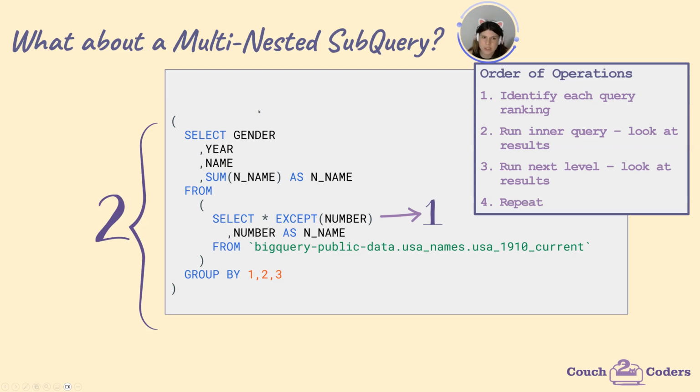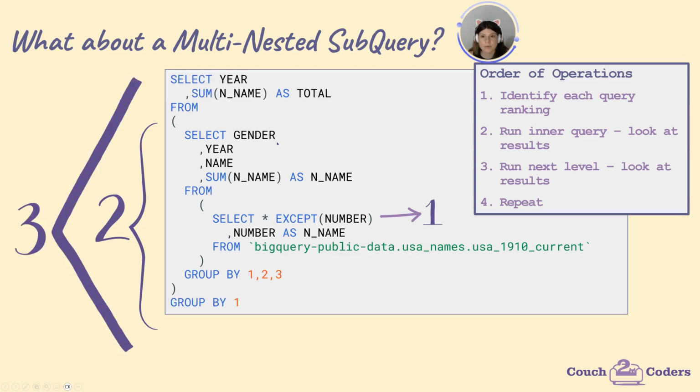If I was testing this, I would first run this query, check it, okay. Then I would run this query, check it, okay. Then we get to the big kahuna. This is the final query, and this starts with select year, sum n_name as total from where? From this query 2, level 2. What does query 2 get its data from? From level 1. That's why subqueries can become very complicated very quickly, because you're literally having to find the innermost part and then work your way backwards. And you are hoping and praying someone has good formatting so that you can easily see it